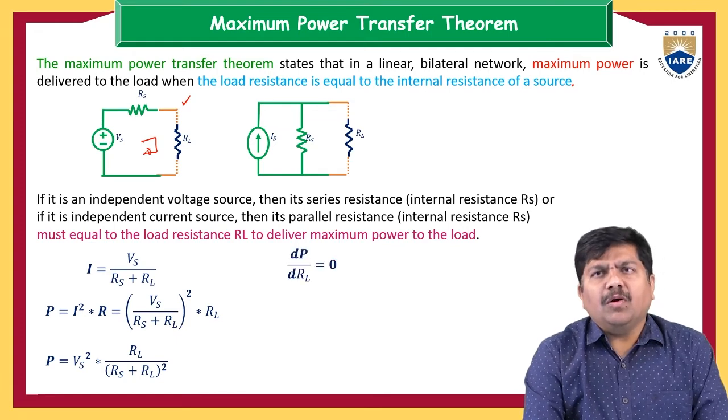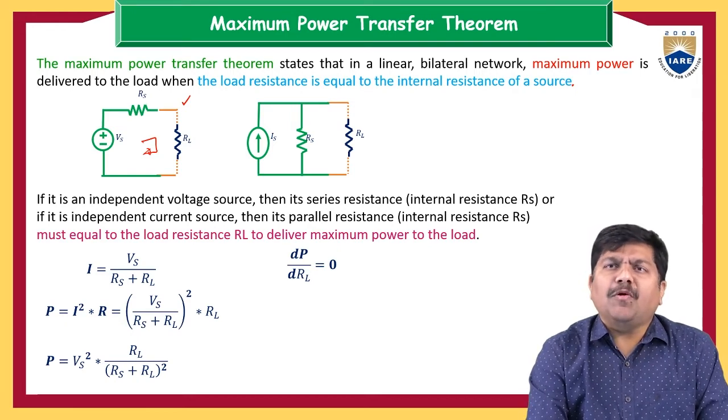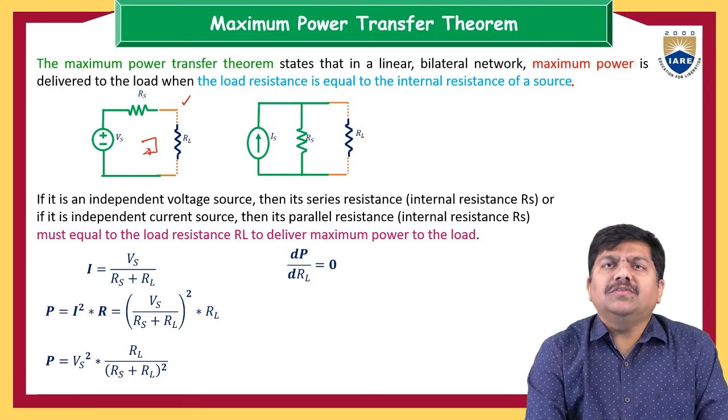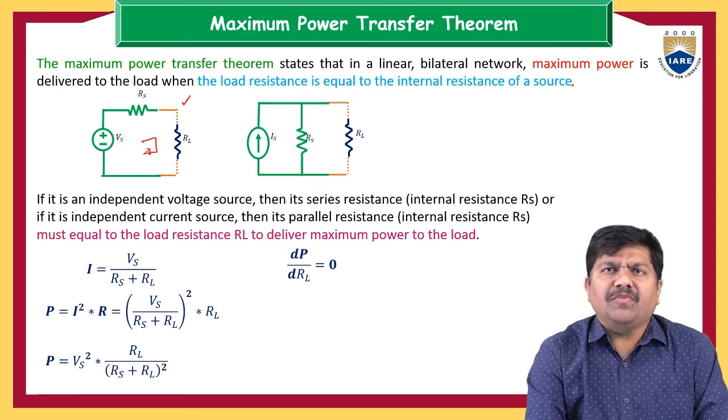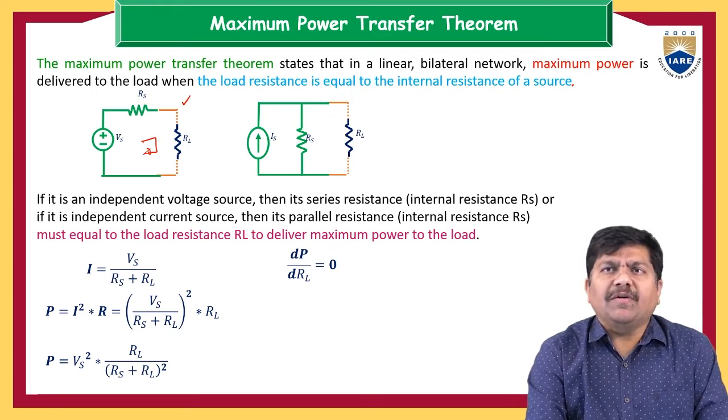Now maximum power. We want to verify whether this power is maximum or not, or in order to supply maximum power to the load, what could be the condition here? Generally, if we want to maximize or minimize, or to know the condition when a particular expression achieves its maximum or minimum value, we are habituated to take the function's first derivative with respect to the variable parameter. So what is the function here? We want to verify whether the power is maximum or not, with respect to the load resistance.